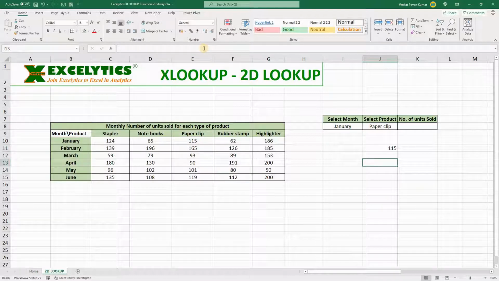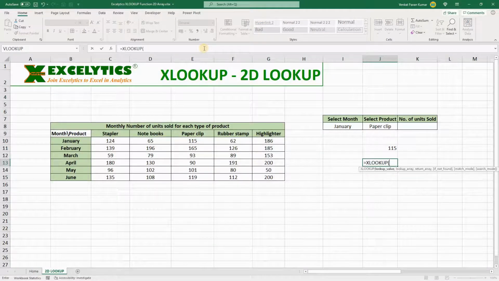The lookup value here will be the product name, and the lookup array here will be the list of product names, and I'm going to hit F4, comma, and the return array here will be the entire data. Now you are going to see the magic. I'm going to hit F4 again and then close the bracket and hit enter.